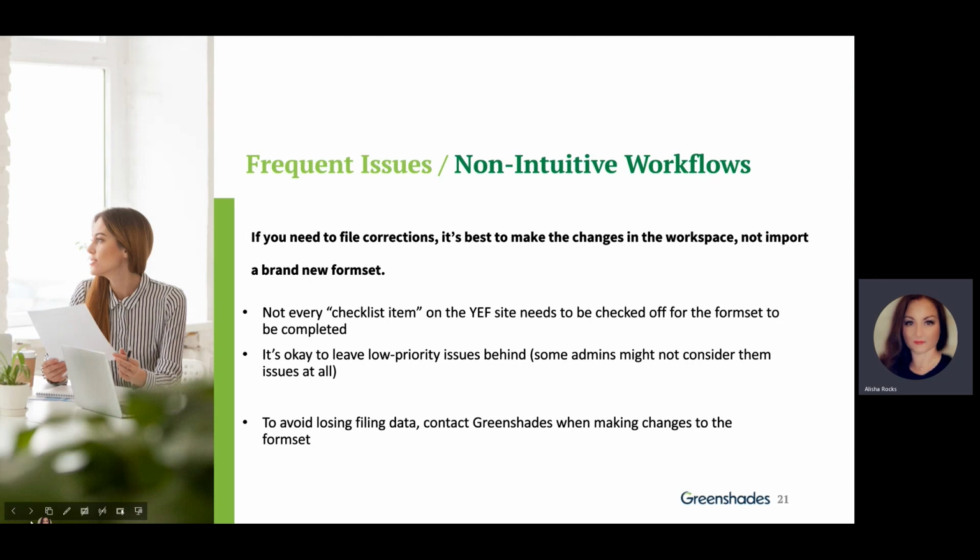Let's talk about some non-intuitive workflows. If you need to file a correction, which, let's face it, everybody is going to need to at some point in their future, there's a couple things to keep in mind. Make sure that you update the proper employee's information. That will flag that form as needing to be filed for correction, and that will handle most basic corrections needed